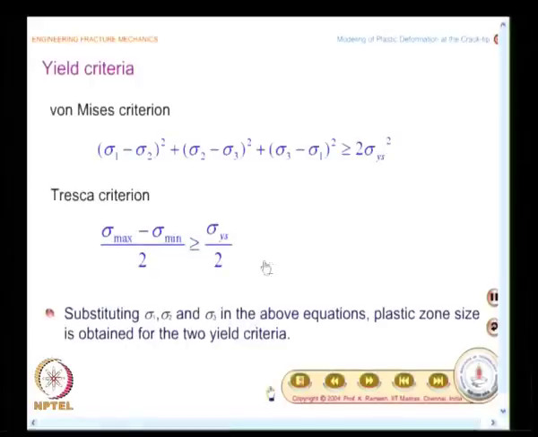So, when you are applying Tresca yield criteria to plane stress fracture problems, you have to calculate the maximum shear stress carefully. Once you know the values of sigma 1, sigma 2 and sigma 3, either by using this criteria or this criteria, you can always find out what is the plastic zone size,